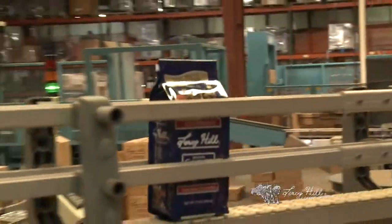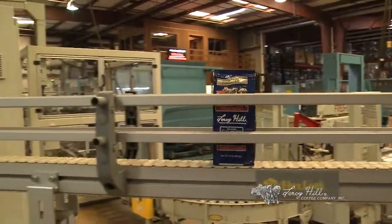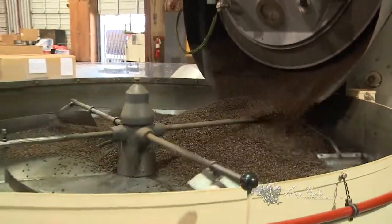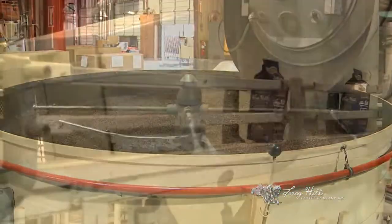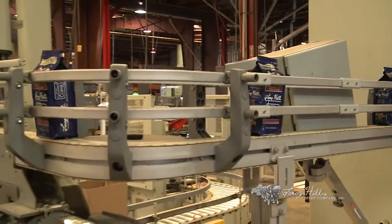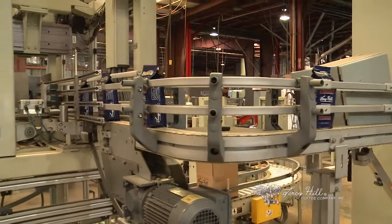Anything we roast today, we're not going to grind it today. We're going to put it upstairs and we're going to let it rest, you know, just mellow out a little bit from the cooking process. And the next morning, we'll grind that coffee, and anything we grind that next day, we're going to package. Everything that takes place after the roasting process in those bins upstairs is nitrogen flushed to keep it as fresh